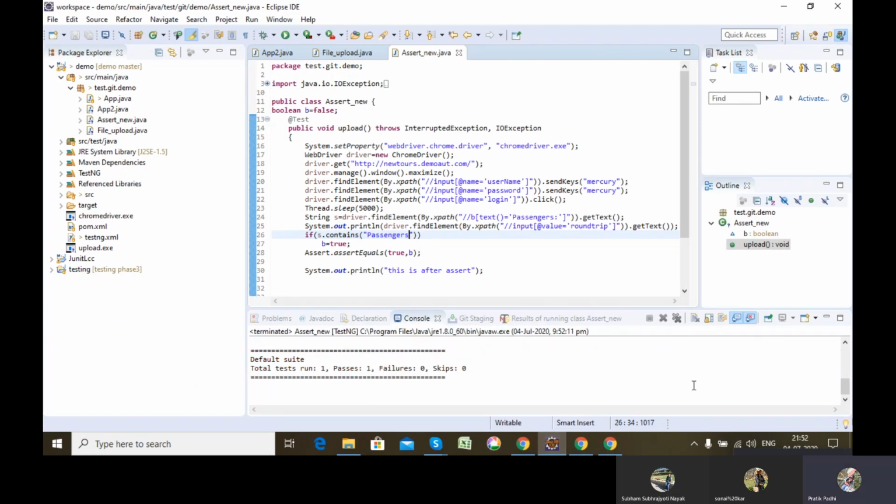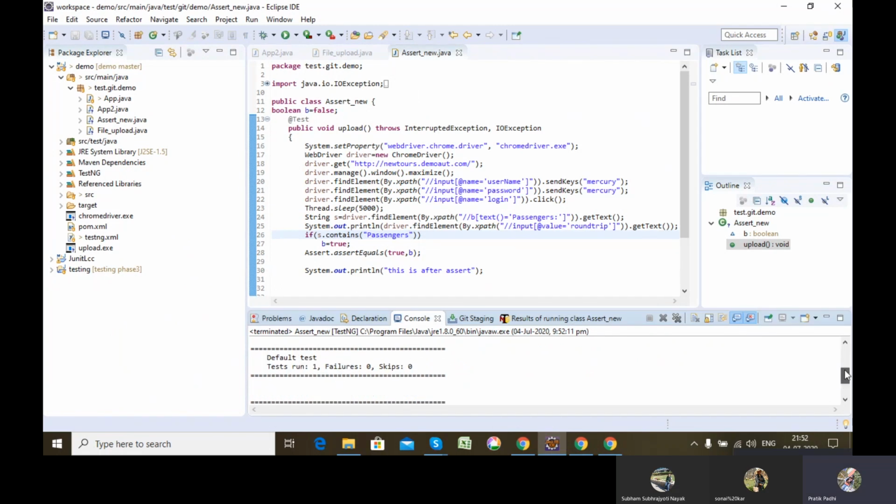See, it passes. What happened here is that the lines of code after assert, which were not executed earlier because the test case failed, are getting executed. Why? Because it passed. So the lines of code present after the checkpoint also got executed.